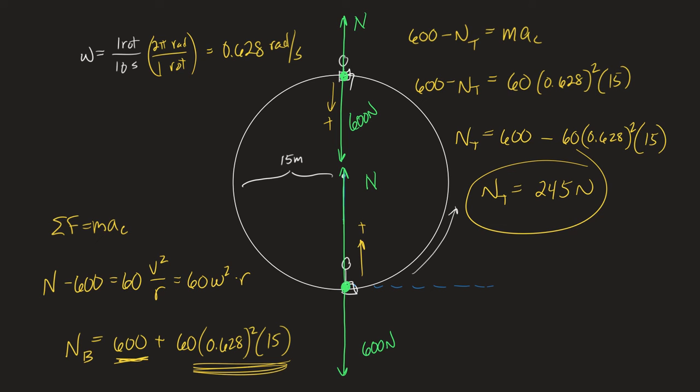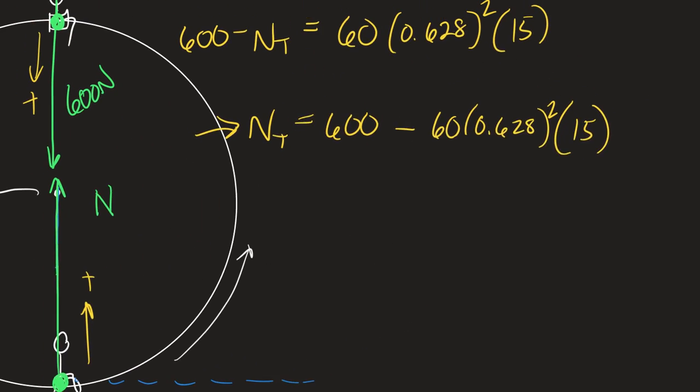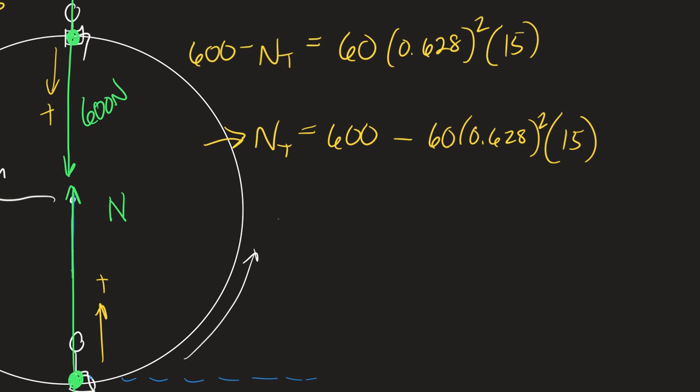Before we put all these numbers in, to right here, this step right here. If you really, really want to see something, go back to what was there before. 600 was mg. The 60 is m. This is omega squared times r. Now, I'm putting this all here because if you're the ride operator, if you're the guy with like 3 teeth who takes the tickets and lets you get on there and says, yep, this is safe,